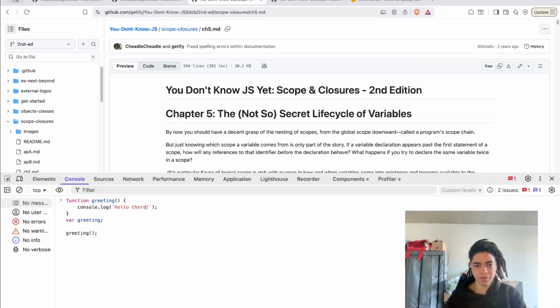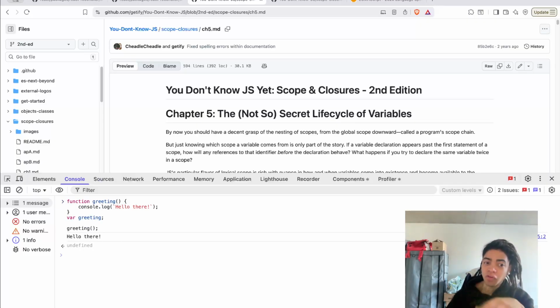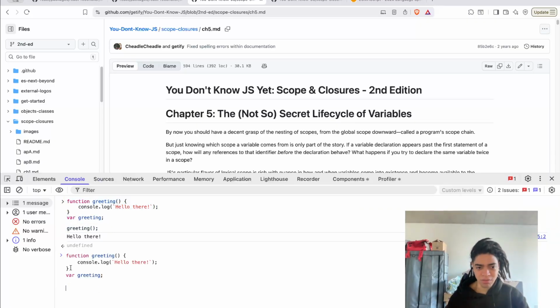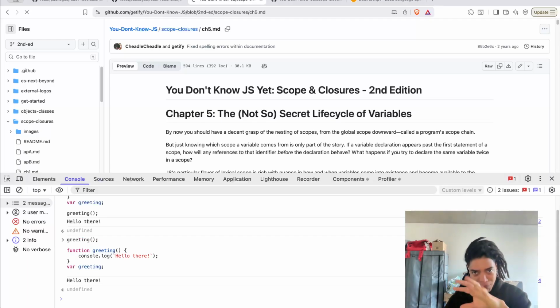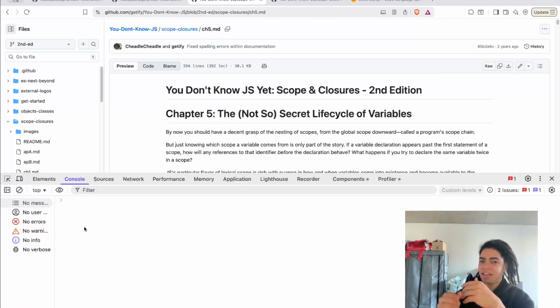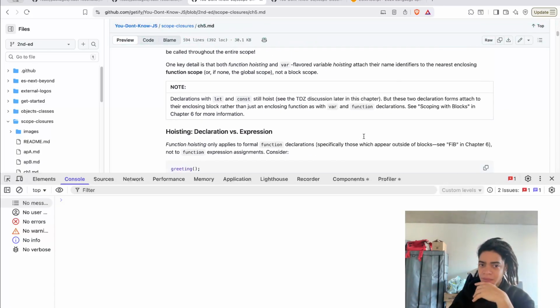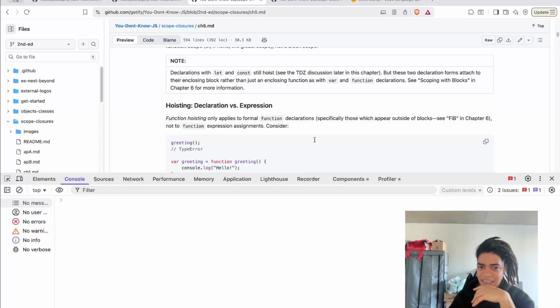It's supposed to throw me a type error, but it turns out that it's not, right? So in other words, if you put it in this way, and I know that goes beyond the scope of today's video, it's just to grasp your mind around this concept of hoisting: certain declarations are hoisted, put at the top of the scope. Function declarations behave in this way. It's similar for var declarations.